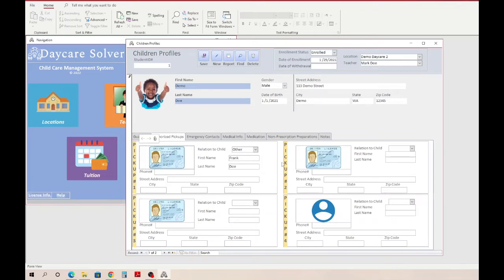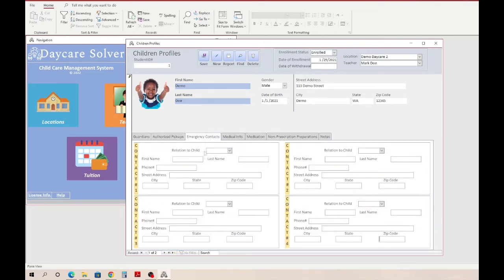Now, in the case that a photo is not uploaded, the default picture that will show will be that as to what is displayed under pickup number 4. This will be the default photo that is shown here in the system. We can enter any emergency contact information,